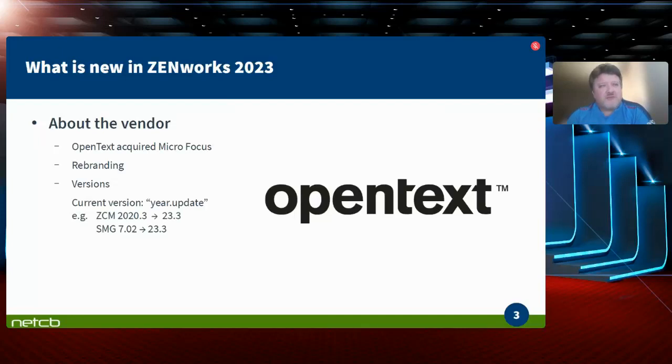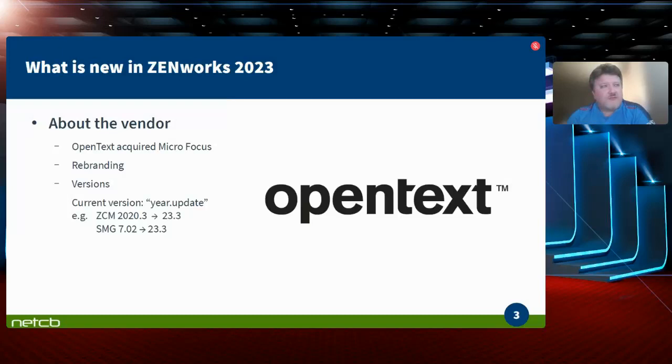So this came about when OpenText acquired Micro Focus. They're still in the process of rebranding all of the products from the Micro Focus store. And you may recall when Micro Focus acquired Novell and Attachmate and all of these, that also took some time